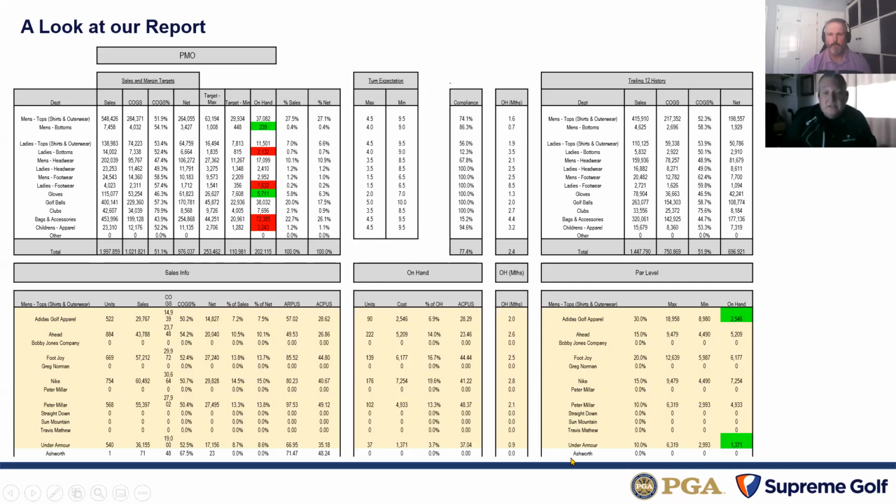Really what this does is it establishes the percentage of each category and assigns to a vendor. In this case, Adidas golf apparel is 30%, which creates a max of 18,000 and a min of right around 9,000. Again, this is all part of the initial build. The clubs can modify this. The template's very easy to work within. And there's nothing that the clubs have to do